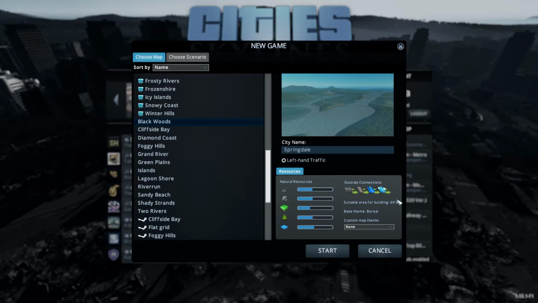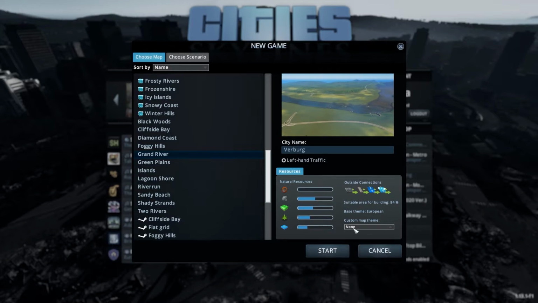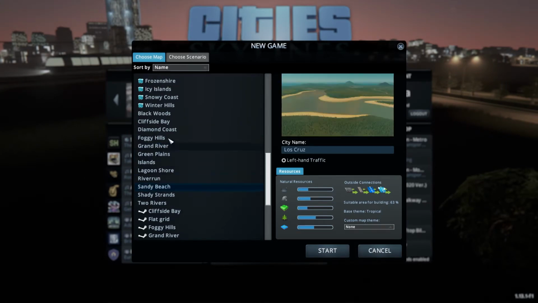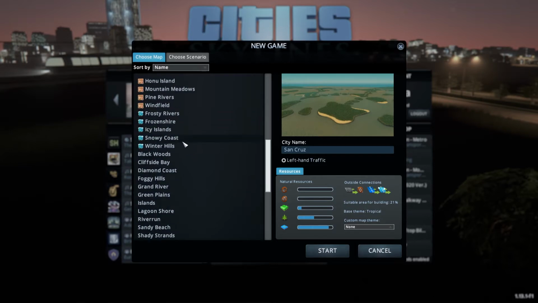So one thing you want to pay attention to for your suitable area for building is make sure you have a lot when you're first starting out, when you're new. That way you can build something grand and fantastic on it. In our beginner tutorial, we started off with Grand River, which I think is one of the best maps for beginners overall in the entire game. We're trying to stick to base game maps, but I think we're going to have to use some other ones for the more difficult ones later. But for now, we're going to hop over to